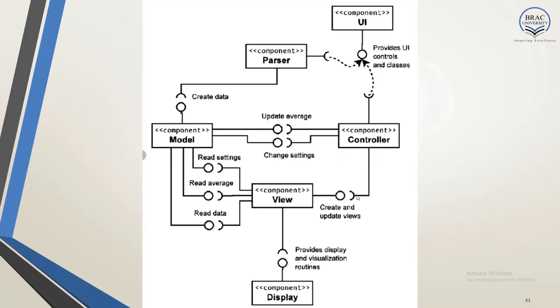Also, it needs the create and update views option in order to update based on the interactions in the UI. Again, the view component also requires the information provided by the model component, so that the view can be updated based on that. That's why the view requires the read settings. It needs to read various information from the model, and it needs to provide the create and update views option to the controller, so that the controller can handle the logic and create a view based on some logic. So this view component